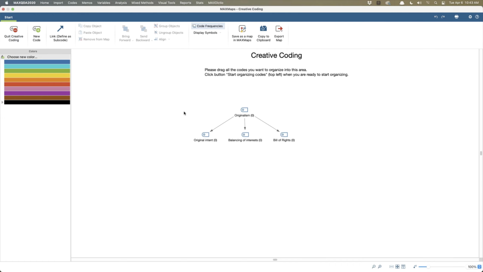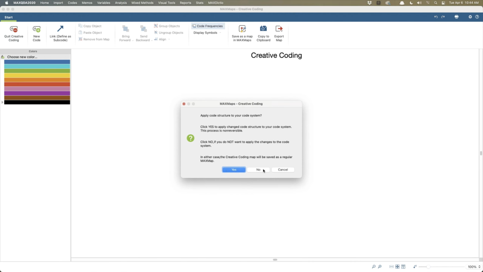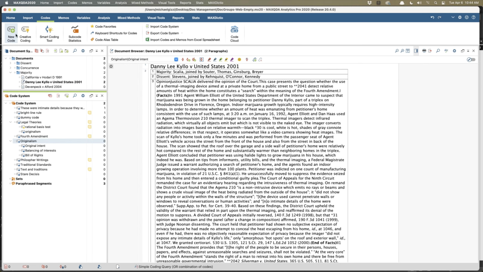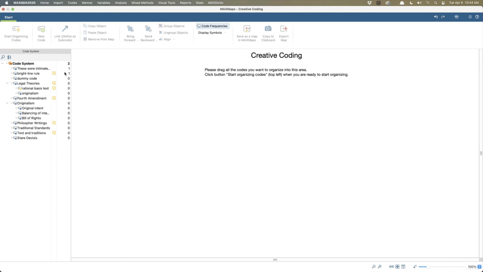Now those codes are showing up here, and it's giving me colors as an option here. Originalism.